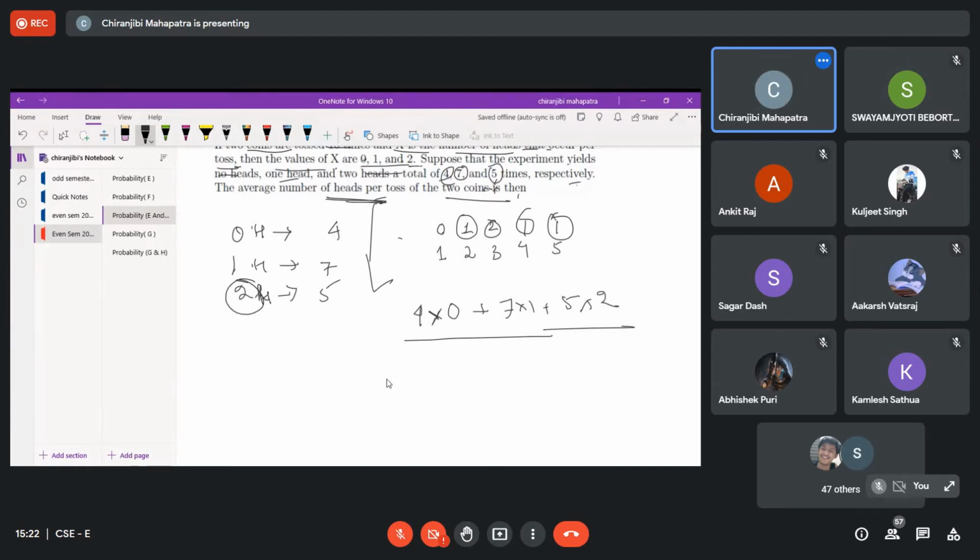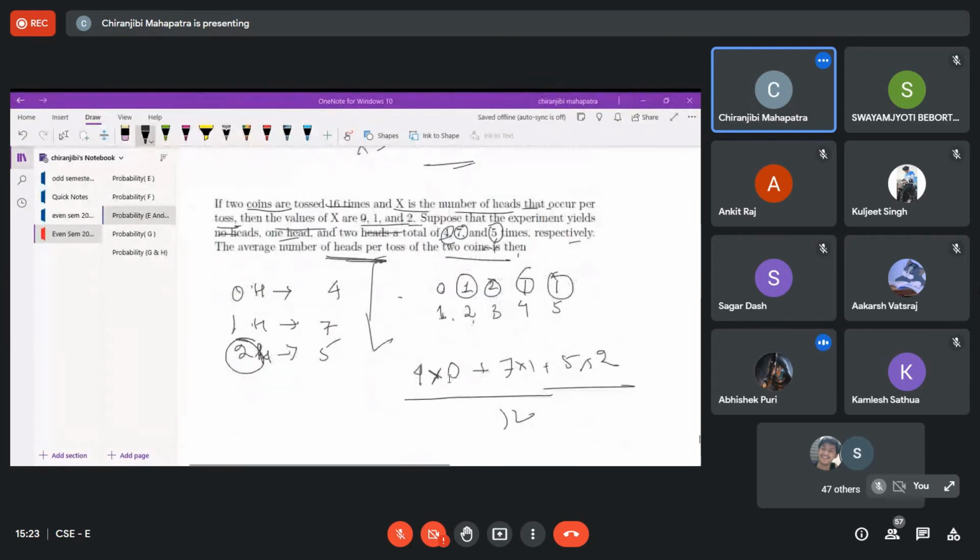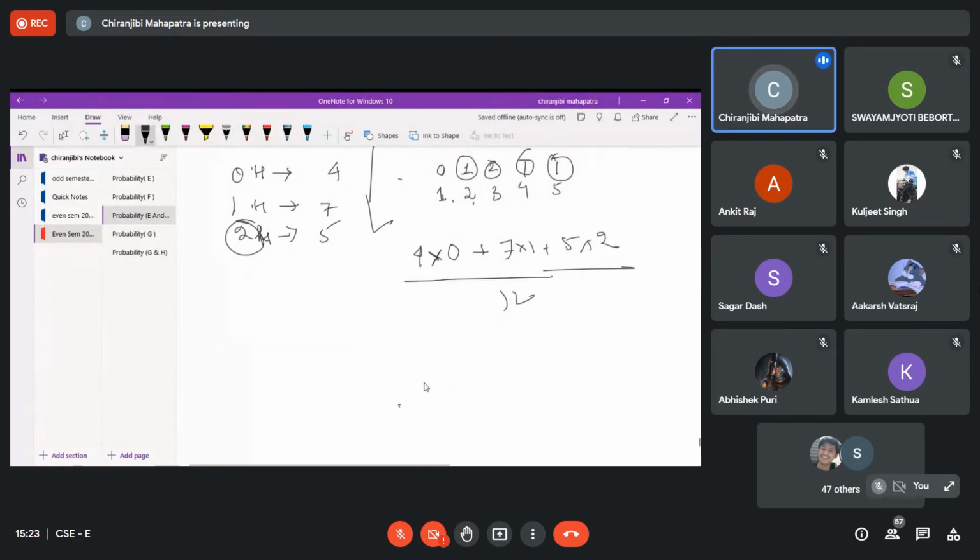क्योंकि तुम ऐसे सोचो ना, क्योंकि एक टॉस के टाइम पे हम एवरेज नंबर ऑफ हेड्स फाइंड आउट करना चाहते हैं। तो क्या है ना कि 1 पे 0 हो सकता है या 1 हो सकता है या कुछ भी इस टाइप के सिस्टम्स आ सकते हैं। तो इसलिए जो 0 कितना बार आया है वो गिवन है कि 4 बार, 1 कितना बार गिवन है 7, then as similarly 2 कितना present है, then 5 times, so divided by the total number of n, n कितना है तुम्हारे पास, ठीक है, so that is 16. कितना है तुम्हारा टोटल नंबर टॉसेस कितना है? 16, हाँ, तो टोटल नंबर ऑफ 16 है।